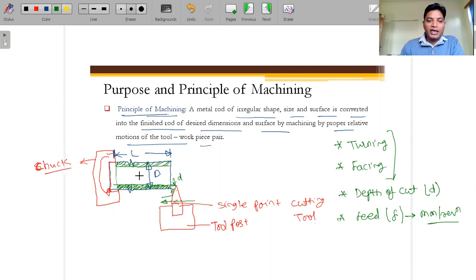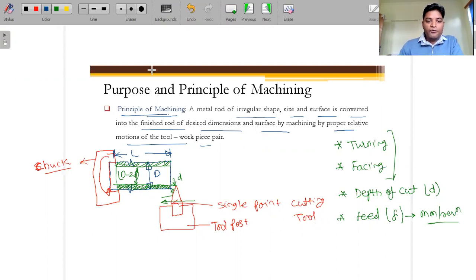The final actual diameter will be capital D, and the small d depth of cut is removed on this side as well as this side, so the final diameter will be capital D minus 2d. This is basically the turning operation.